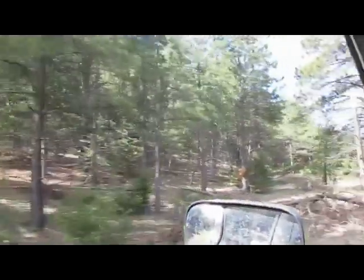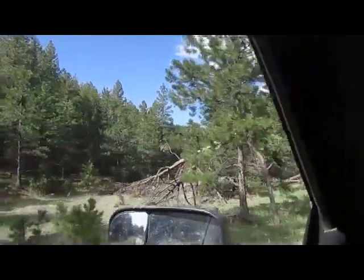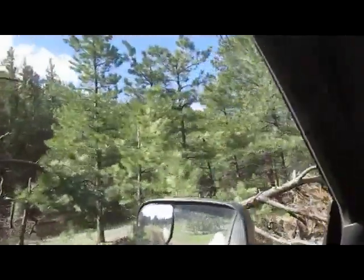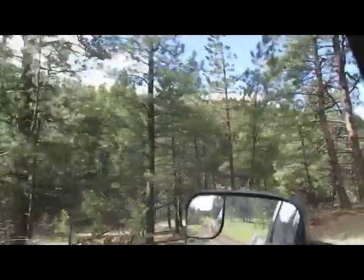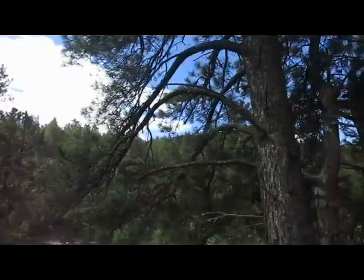Really well treed, and like I say, there are a lot of animals in this area. It has this nice valley through here, and because it is at a lower elevation, has a valley, water well should be real nice to drill with good water. So that bench I'm talking about is right up there on top of that. So you come from the south side, so you have a south facing road,